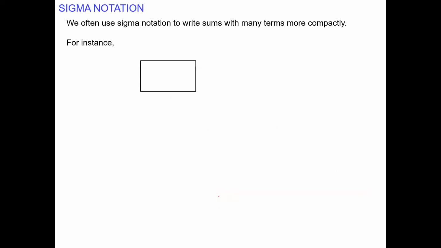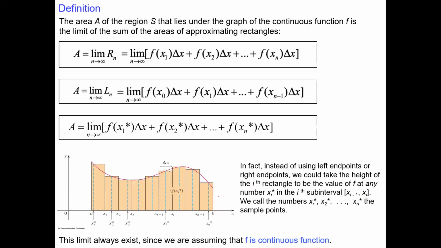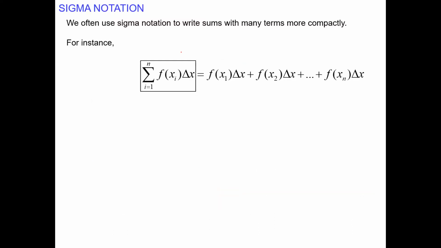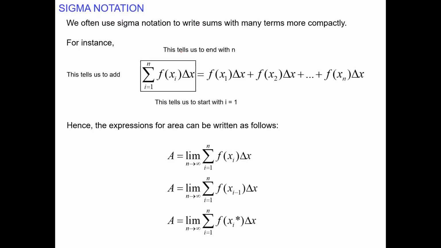Okay, so now, one thing we may notice, as I said, I just have 1, 2, 3, 4, 5. If we have a lot of rectangles, we don't want to write infinitely many of them. We do have a special notation for addition of similar terms. And this notation is called sigma notation. Let me show you the entire thing. That means sigma notation, that symbol just means that we are adding